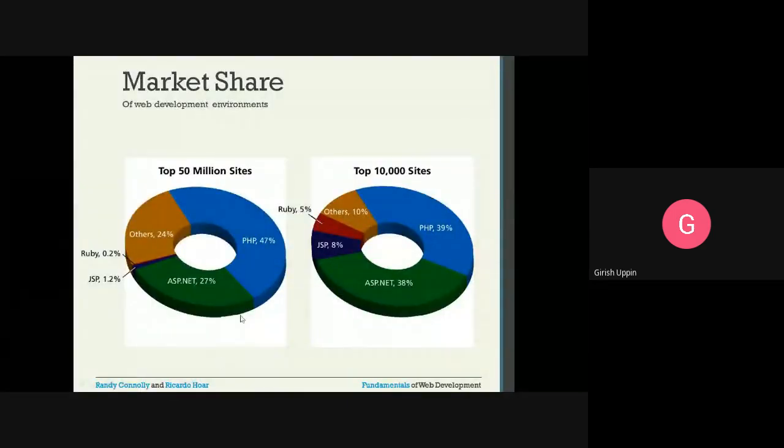So PHP is a good technology. Whatever your syllabus coverage is, if you have in-depth knowledge of that, as I said again, HTML5, then CSS, JavaScript, and PHP, and along with that any database, MySQL or Oracle, that will make a very good combination.